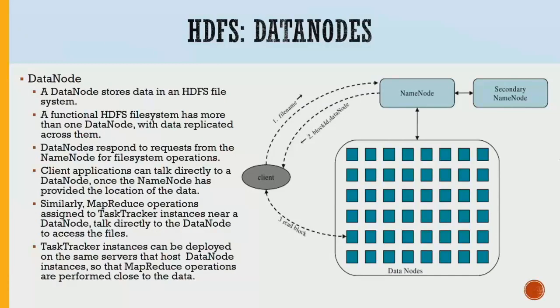So the data node is the actual process that stores data on the HDFS file system. It is responsible for local management of access to the data, and provides the access IP address and metadata to the name node. Along with that, it is also responsible for provisioning data to the local MapReduce process, because as I said, the MapReduce process is going to run on those nodes where the data nodes are, so it is responsible for provisioning that data